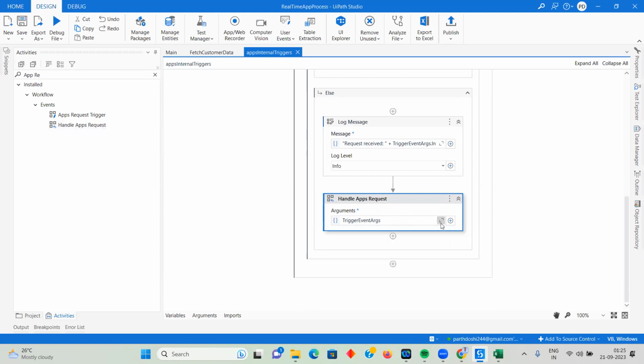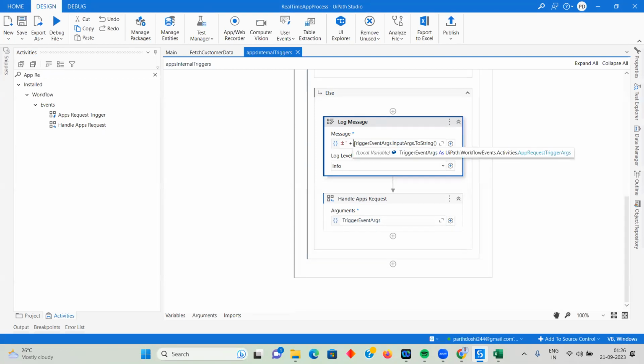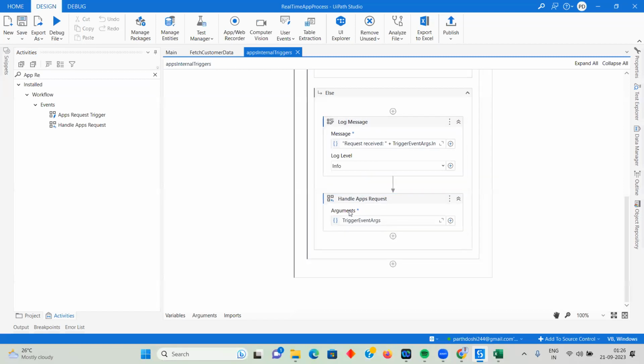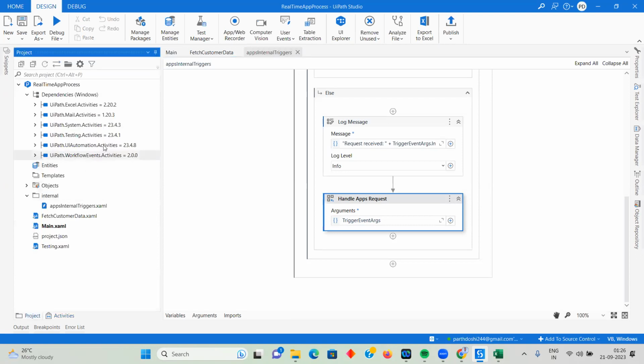So what it will do is, whatever request you have sent, it will listen to that request and execute that particular workflow. We don't have to deep dive into what is within trigger event arguments and all that. But if you want, you can explore the properties. If you see connection with app lost, inputs are trigger name, trigger type, workflow name, whatever you want to explore. What this handle app request activity will do is take that particular event argument, the event that you have triggered, execute that particular workflow, and send back the data to the app. That is the reason we had to install this particular package,